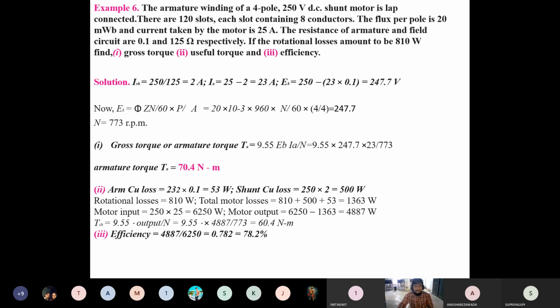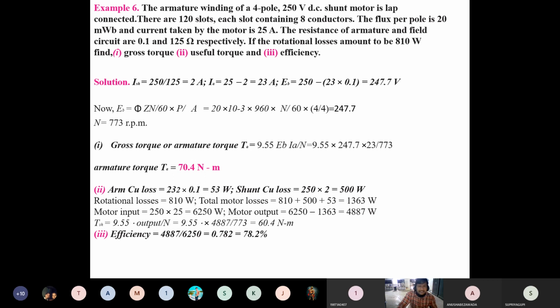So next problem, this is also related to efficiency, right? Before, we discussed a problem related to the Swinburne test. First determine the constant losses, then determine the armature copper loss at loaded condition, determine the input, determine the output, then determine the efficiency, right? But this problem is purely related to the losses and efficiency only, right? So